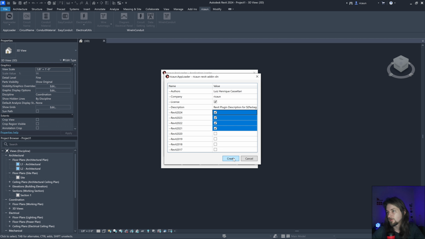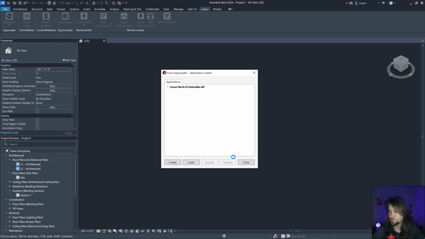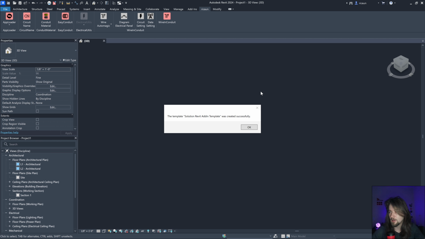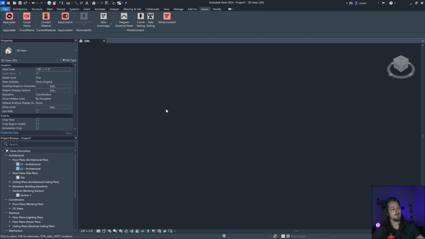Yes, good enough. Okay, let's create that. And let's close this. Basically like this. Let's wait for my AppLoader to create the project and open Visual Studio.